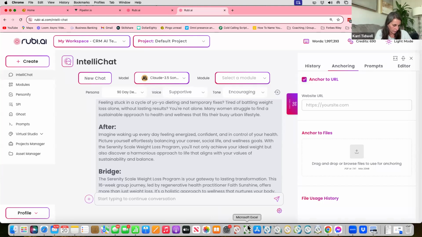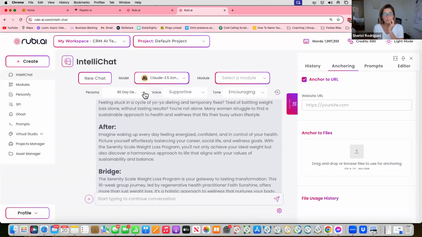Yeah, I have a question. So I already created that persona with you actually before, which was super helpful. So then I would just go into the modules and just start seeing what it comes up with, and then I can edit that. Is that the process after you create the persona?